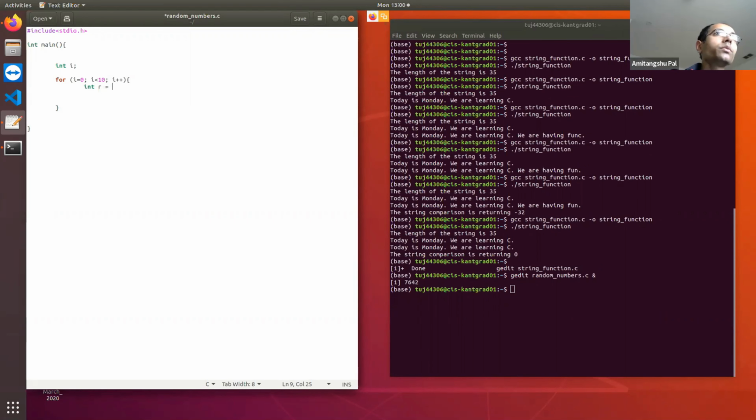Int r equal to, there is a function called rand function. That resides in stdlib.h. If you want to use this, you need to include stdlib.h. This rand function returns a random integer between 0 and the maximum limit of an integer. So let's